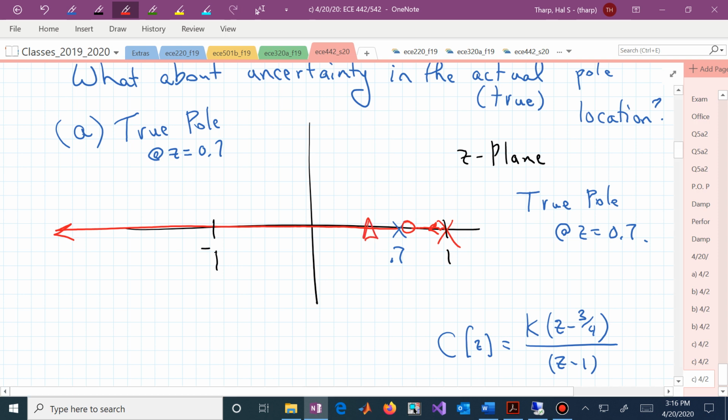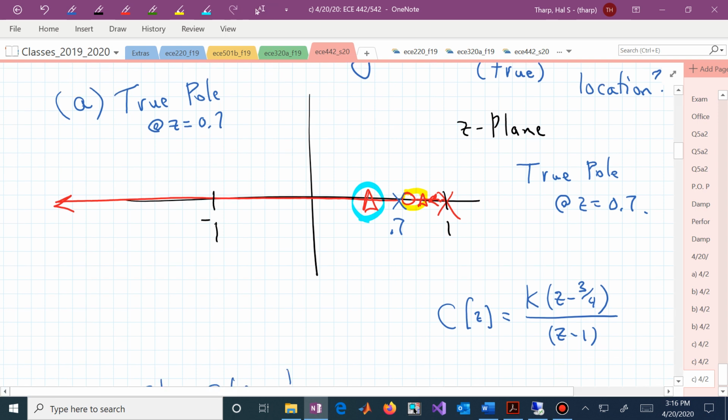Maybe we still have that pole, and the gain is now determined maybe before we set it at 1/2 based on the assumed pole location of 0.75. Now this pole may be right there, which is getting close to that 0, and so you have almost a pole 0 cancellation there,